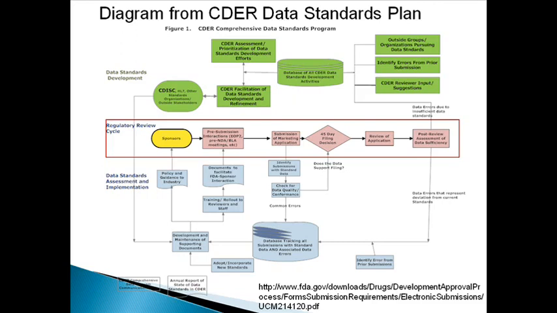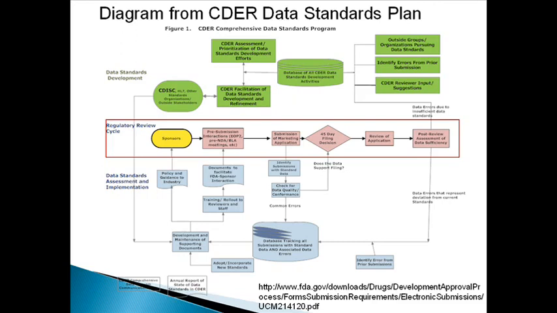Essentially, in the center of the diagram, you have the sponsor submitting data and undergoing a review process, and the blue boxes below that central review submission process represent CDER's activities that involve providing sponsors with the information they need to understand what kind of data they should submit,